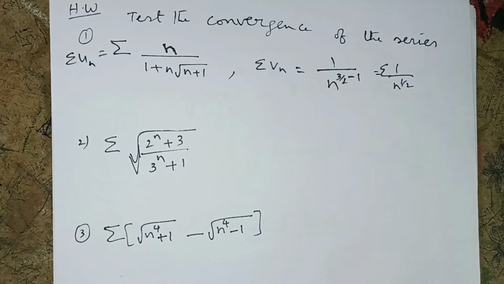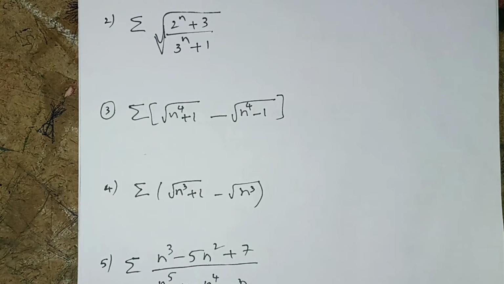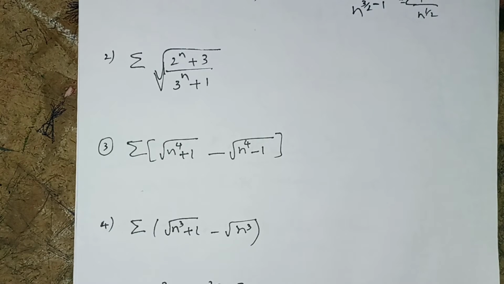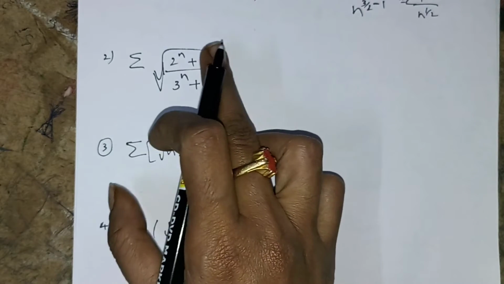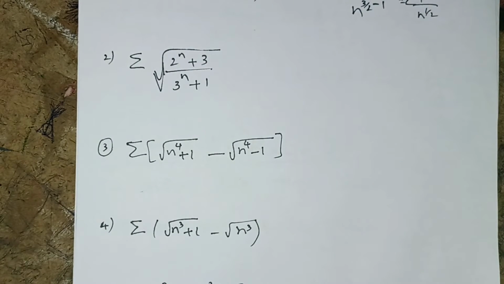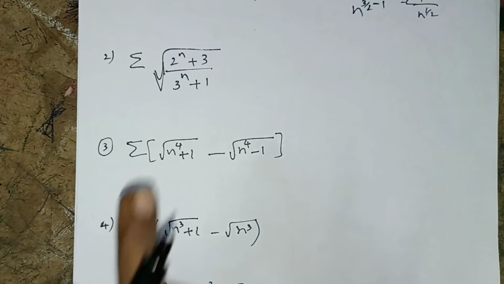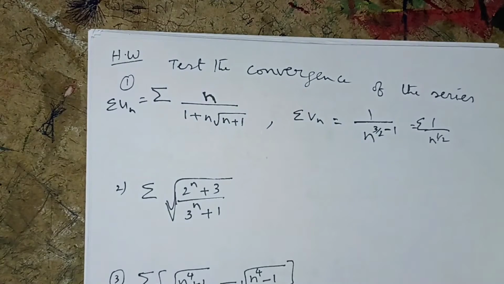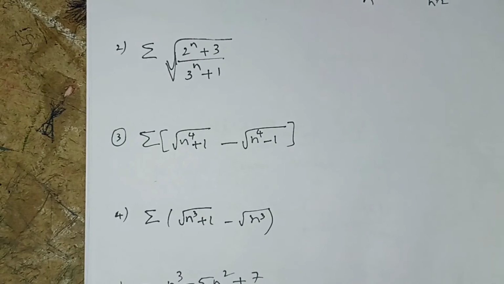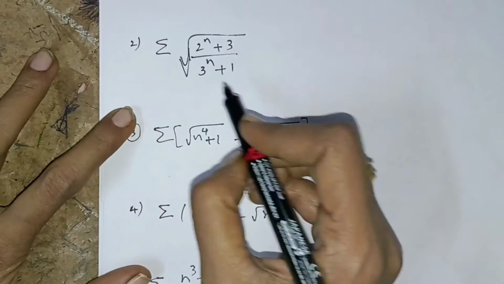Sigma 1 by, under root of 2 to the power of n plus 3 by 3 to the power of n plus something. Such a case is a special case. If only n to the power of something occurs in the numerator, meaning there is no denominator, we can rationalize. If numerator as well as denominator are there like in the previous problem, we can choose in that form. Now here there is no n to the power of something in the numerator or the denominator. What is there in the numerator? 2 to the power of n, 3 to the power of n, something like that occurs. In such special cases there is no n to the power of something in the numerator or the denominator.